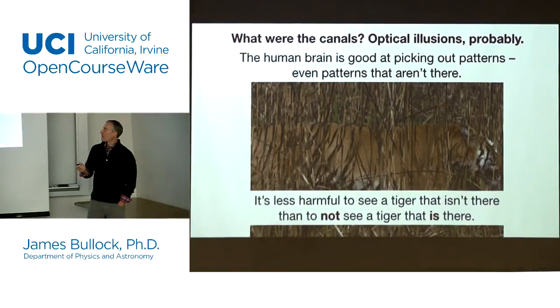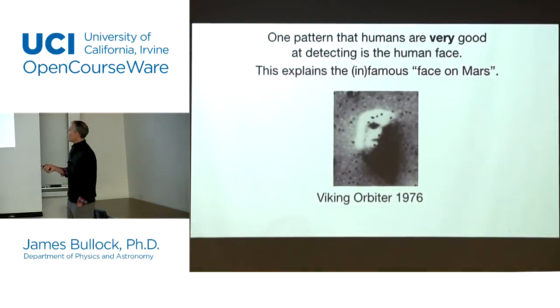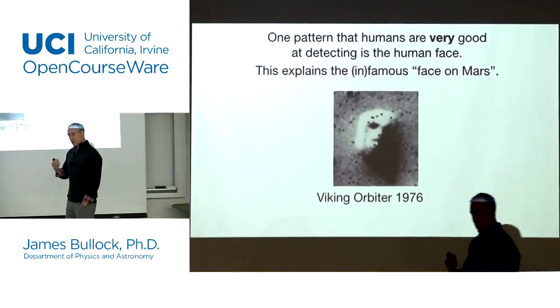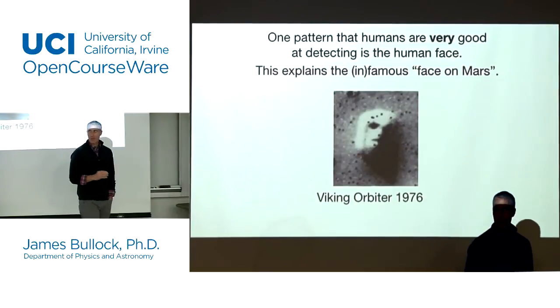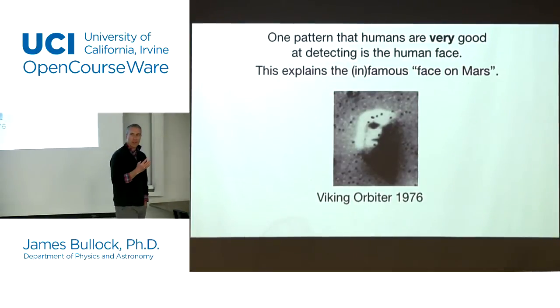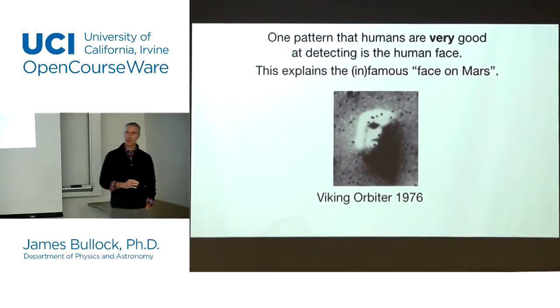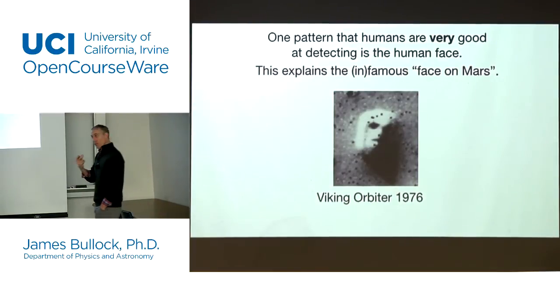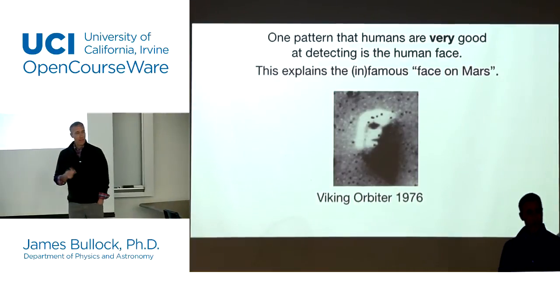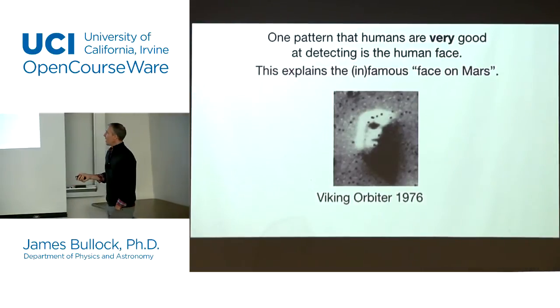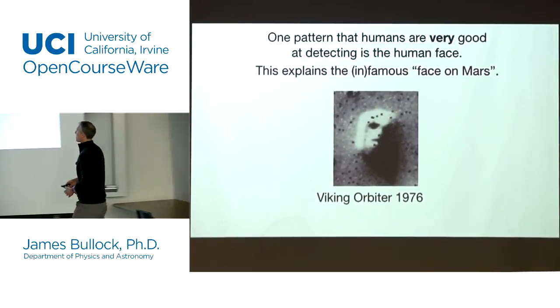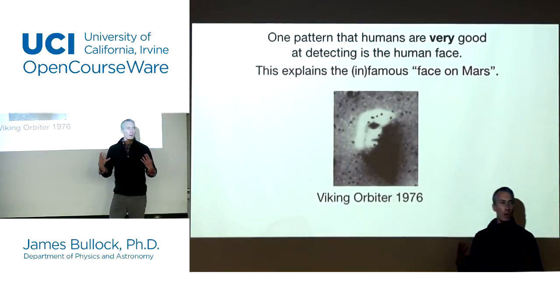Another thing that reminds us of is that the human brain is particularly good at seeing faces, right? We see faces in everything. The fronts of cars look like faces. You see faces everywhere. The fronts of houses sort of look like faces to us, right? The human brain is really good at recognizing faces. And that makes sense from a social standpoint. And the really famous image of this is this infamous face on Mars.